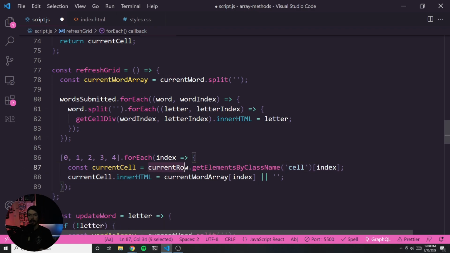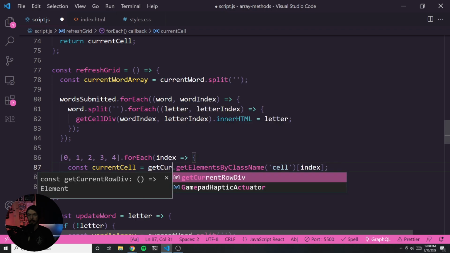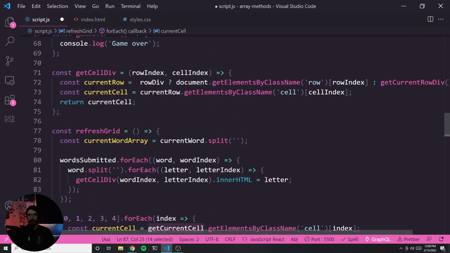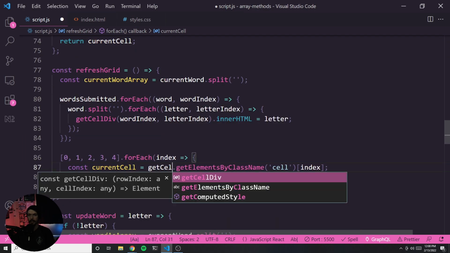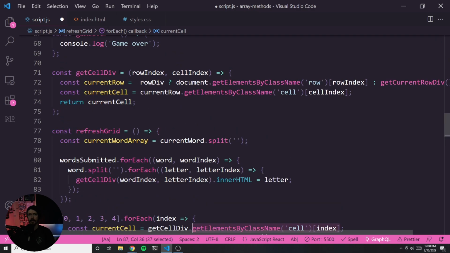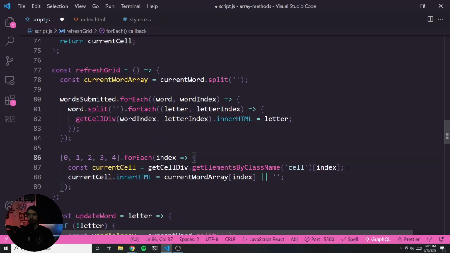And we can say get current cell. Or I guess it's, what is it? Get cell div, get cell div. And we want to pass in undefined for row index, and the cell index should be index. Yep. So get cell div, undefined,